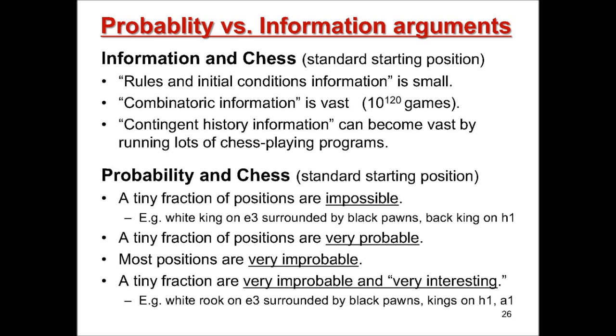If you start with the standard opening set of chess, there are certain positions of the pieces which are just plain impossible by the rules of chess. If you ever see the white king in the middle of the board completely surrounded by 8 black pawns with the black king off in the corner, and somebody told you that that happened by the standard rules of chess, you would know they were lying. Now, there's a certain number of positions which are very probable. Any arrangement of pieces that's 5 or 6 moves from the opening position is very probable. And if somebody says to you that computers played a game and this is where the chess pieces wound up, you'd say, well, yeah, easy. I can easily believe that.